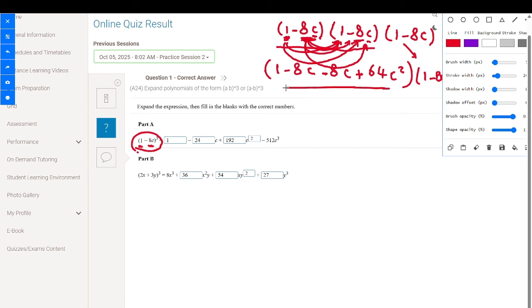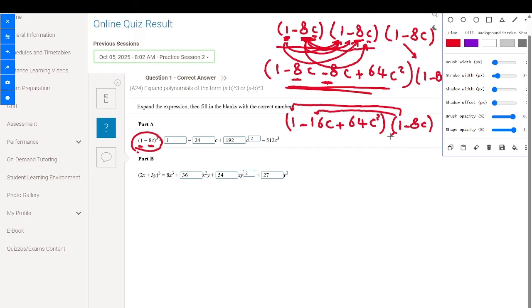Now let's simplify this one. So we'll have 1 minus 8c minus 8c, which is minus 16c, plus 64c squared, multiplied by 1 minus 8c. We'll do the same thing here. Multiply 1 with 1, multiply 1 with minus 16c, and multiply 1 with positive 64c squared. Then minus 8c will multiply again with 1, minus 16c and